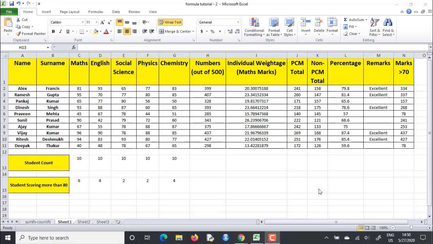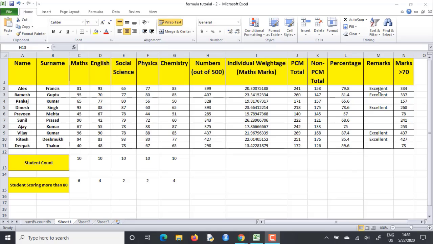As we talked about the 5 formulas in the previous video, that were sum, count, if, sum if and count if. So these were some basic formulas which we can use in Excel, and sum if and count if were, as you can remember, the hybrid functions, right? A combination of sum and if function.